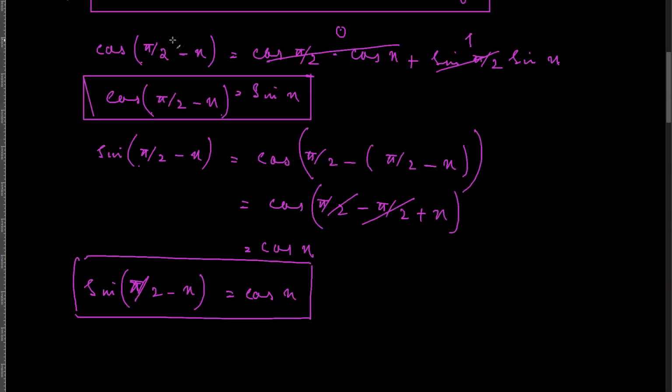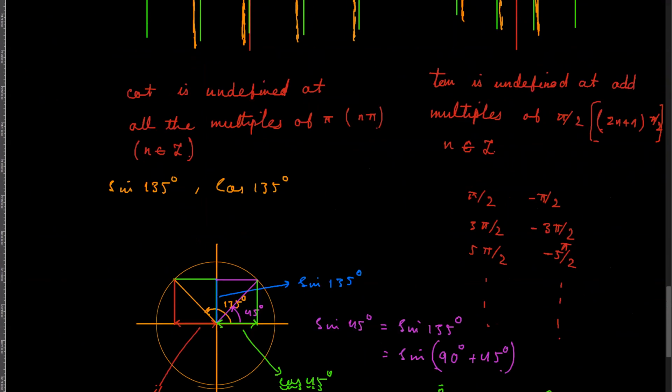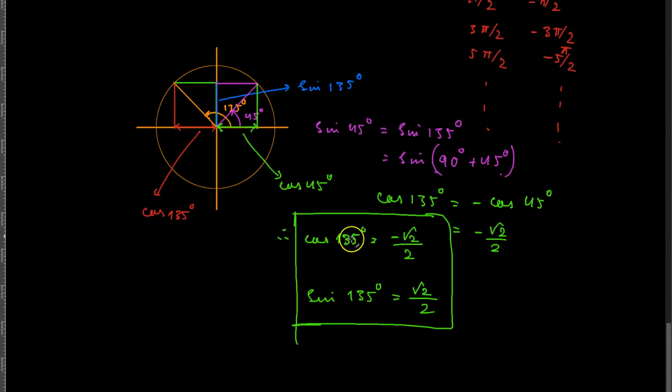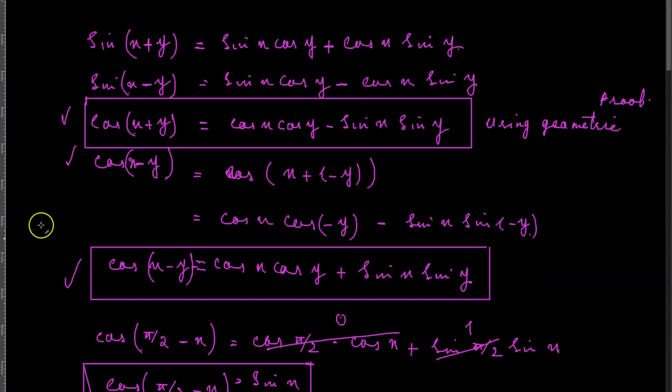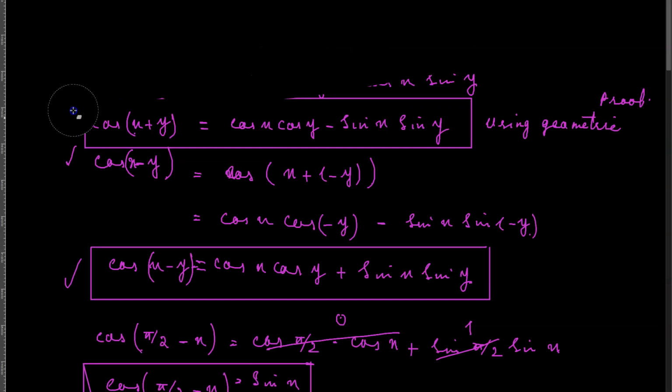Okay, so now another way of doing the same thing, meaning another way of showing that the cos of 135 degrees is equal to negative cos of 45 degrees, and sine of 45 degrees is equal to sine of 135 degrees. So another way of doing that is using the formulas that we have developed in trigonometry, right? And those formulas are